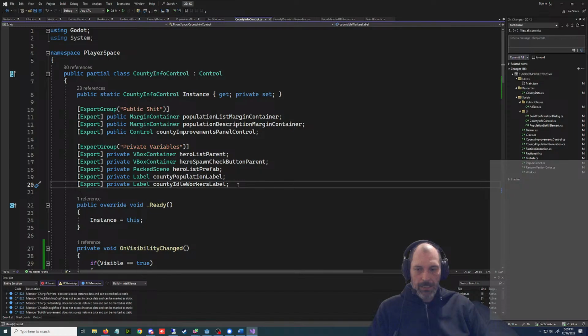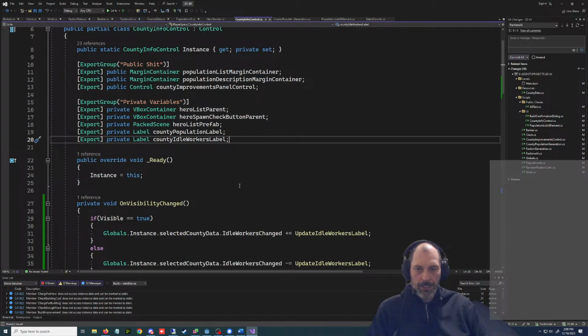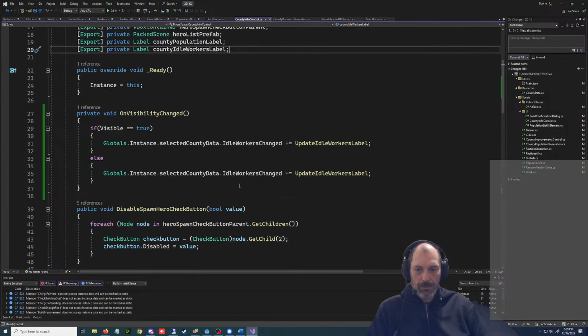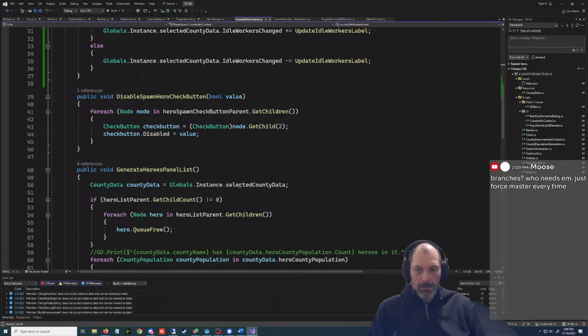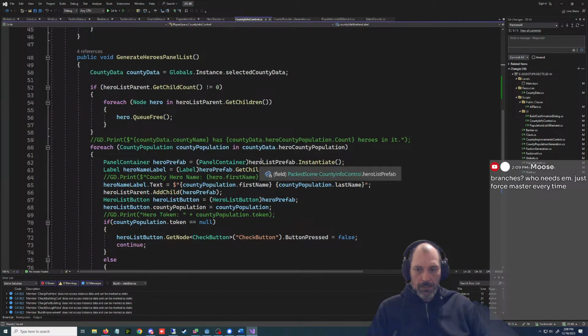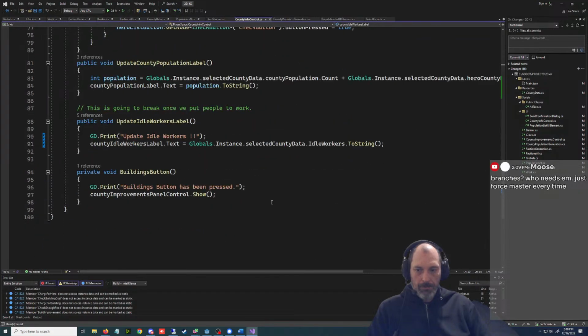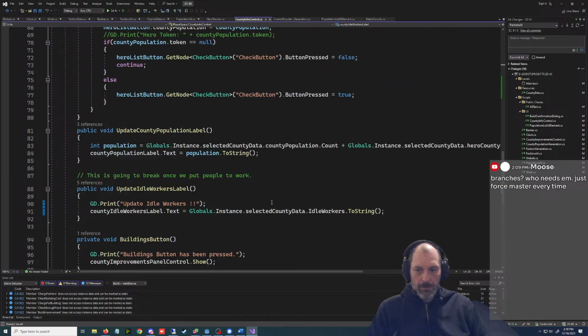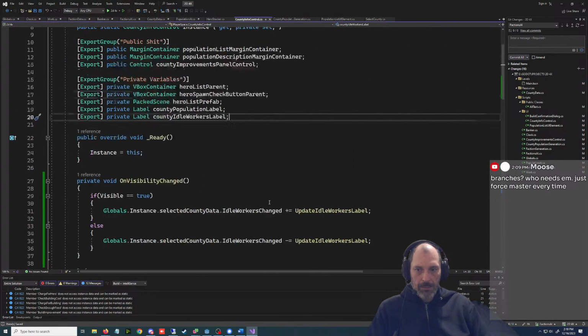How am I filling this thing in? Oh, am I getting child or some shit? I bet I'm getting the... here it is. No. How am I updating this label?